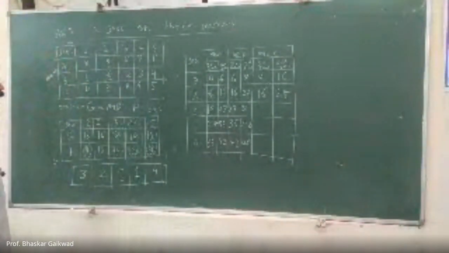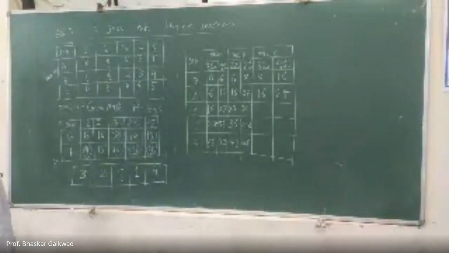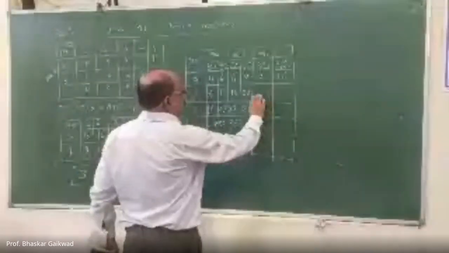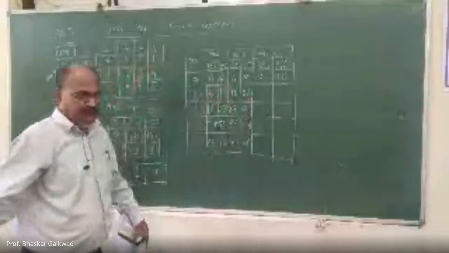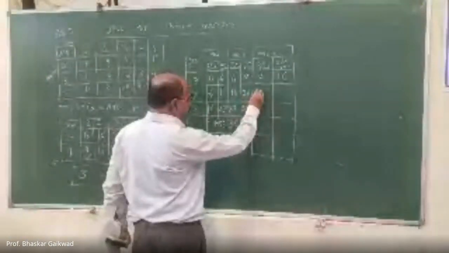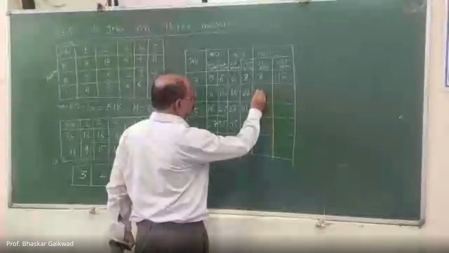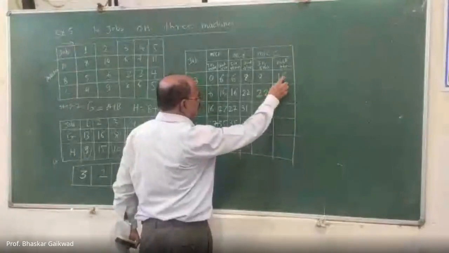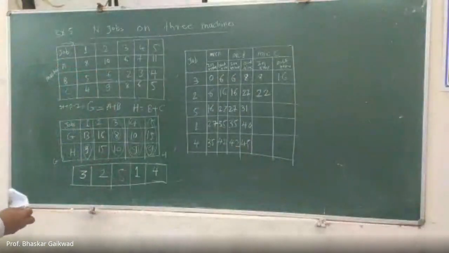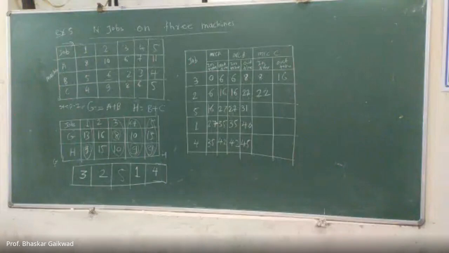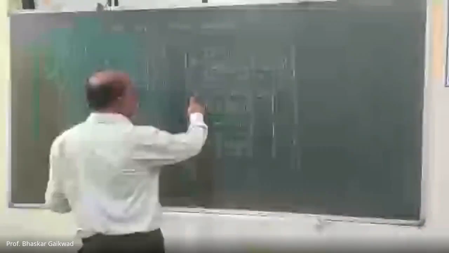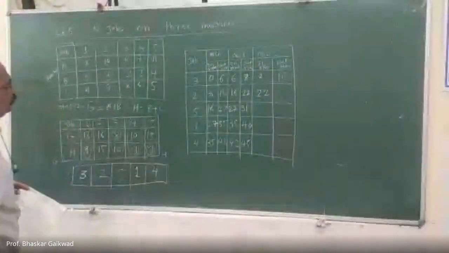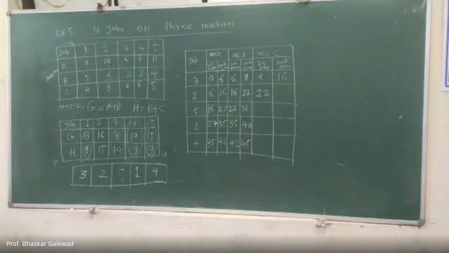In-time is 18, 16. Okay. So here, which is the maximum? Now out of this, which is the maximum? 22. So shall I write 22 here? Yes or no? Which is the maximum out of this? You have to write 22. Correct? 22. And what is the processing time for job 2? The processing time is 9. Okay. So 22 plus 9. How much is there?